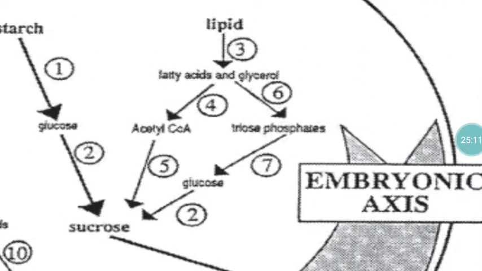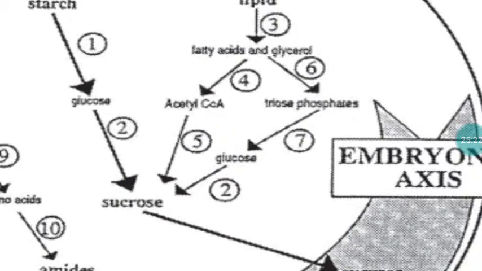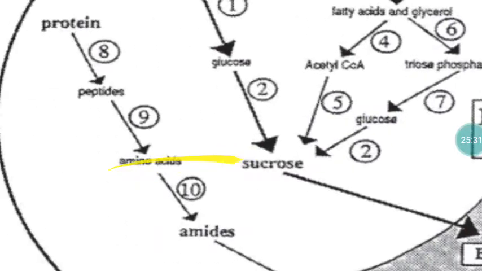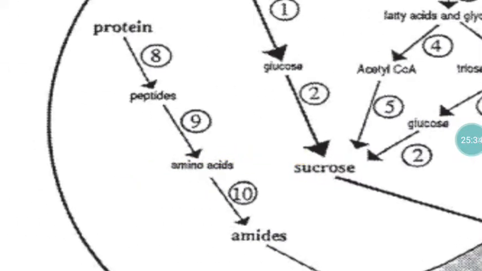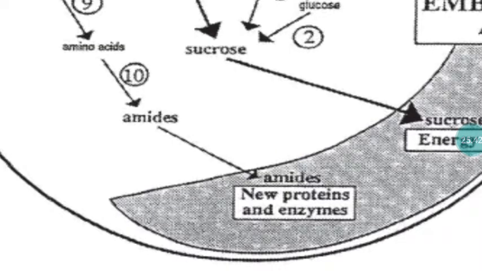Similarly, the lipid molecule will also follow the same process as in the monocot. So here also there is fatty acid and glycerol. Again, the fatty acid undergoes degradation that leads to acetyl-CoA formation. Then acetyl-CoA will directly enter the Krebs cycle, or it will be converted to sucrose. Then again the sucrose will enter glycolysis, which leads to generation of energy. Whereas the protein will be converted to polypeptides, then to peptides, then to amino acids and amides. Both amides and amino acids will be used for formation of newer protein through the process of translation. So those proteins will be used for bodybuilding functions, for development of the root and shoot.